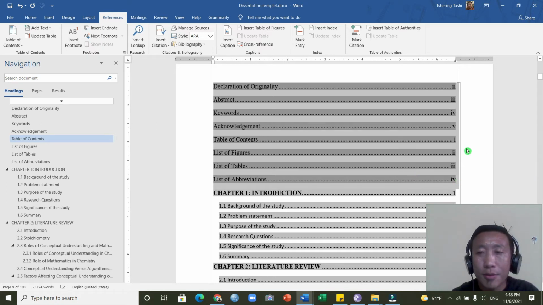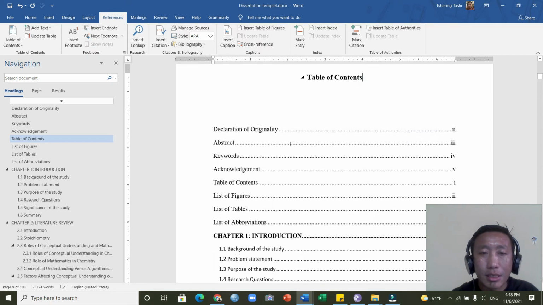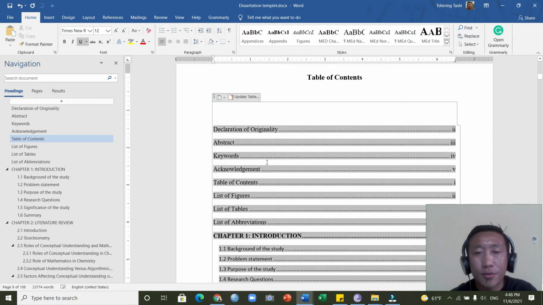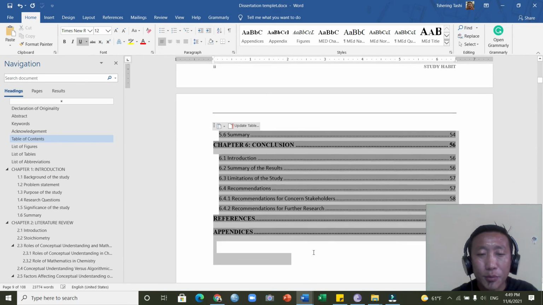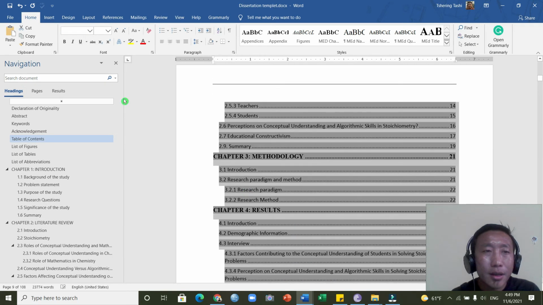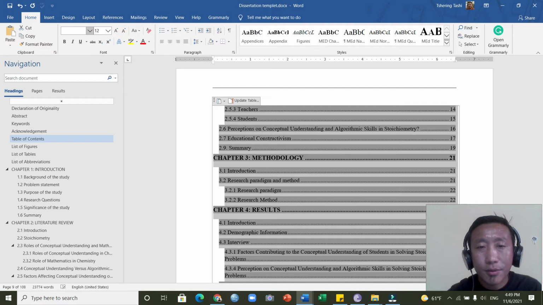And similarly, if you think that the font is not as per what it is needed here, so usually you will see Calibri is there, but in some cases you may see Times New Roman. So if you think that this font is not the appropriate one, select it, sorry for some pronunciation mistake, and then here in the font you can click Times New Roman, maybe font size 12,